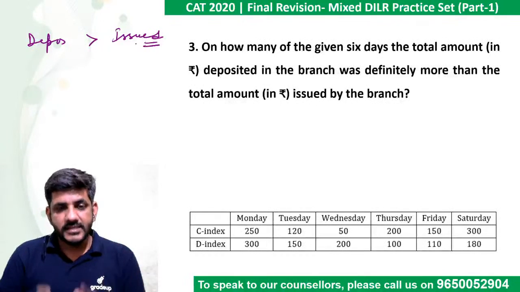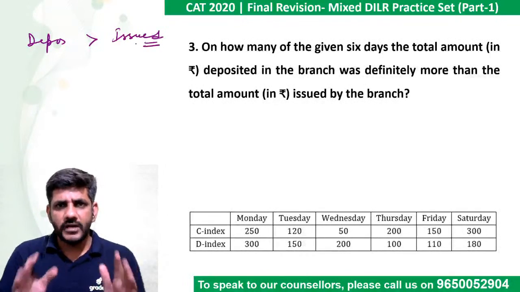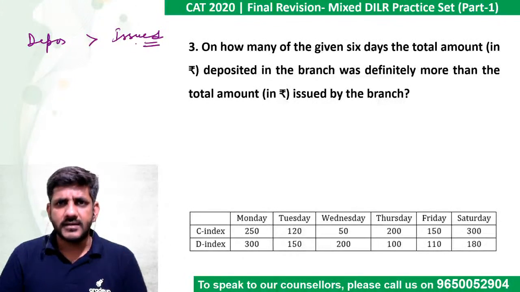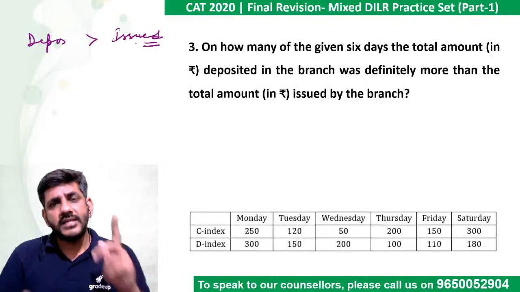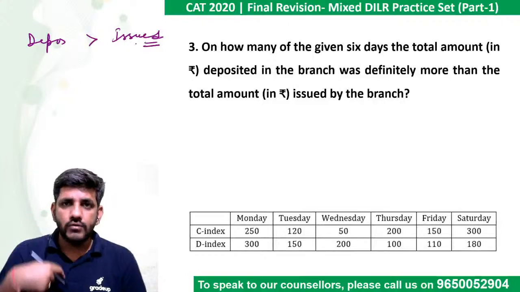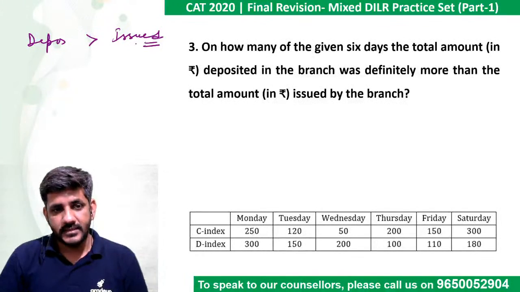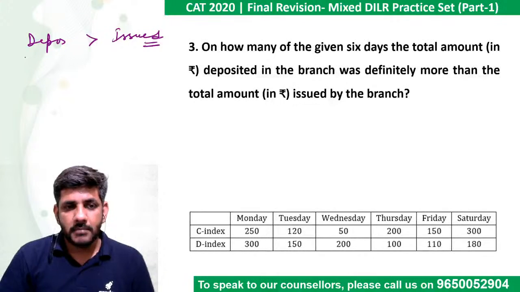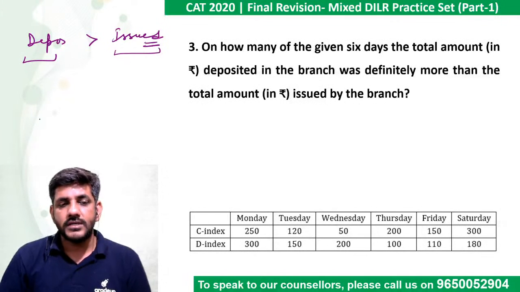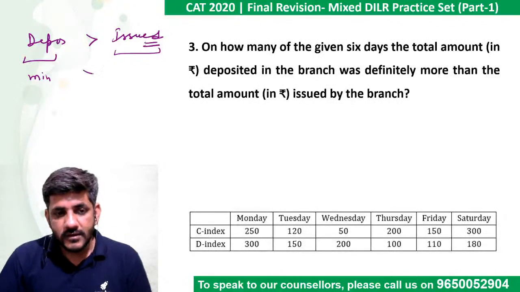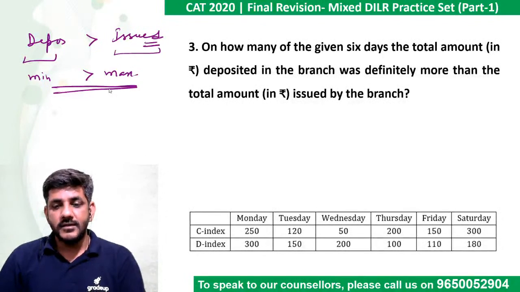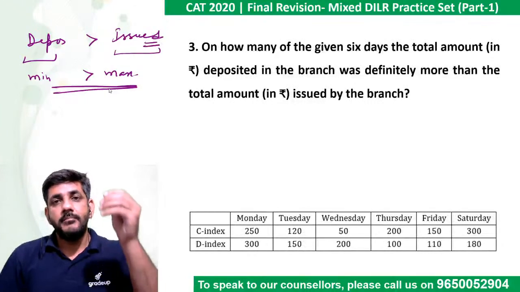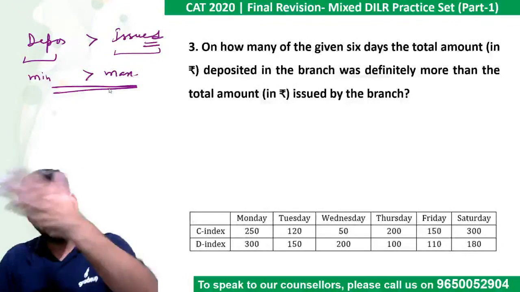I repeat, it is something like I have got some money and I give you a range कि मेरे पास between 50 and 100 है. The other person also tells his range कि मेरे पास इस range में है. So in what cases can I surely say that the amount with me is more than his, right? If you want to surely say that the amount deposited is greater than the amount issued, then the minimum of this should be greater than the maximum of this. Because if the minimum of a number is greater than the maximum of the other,